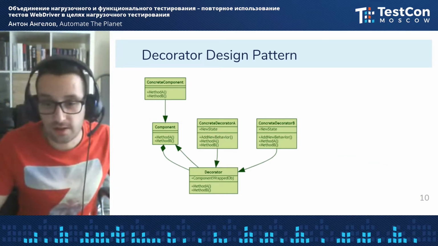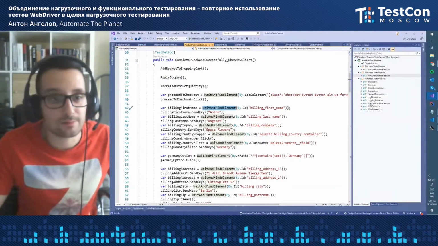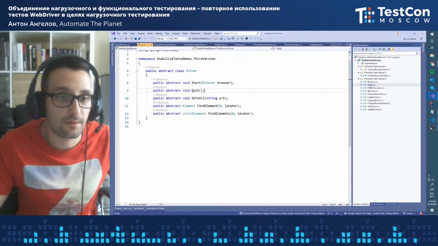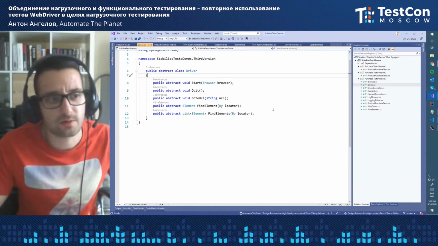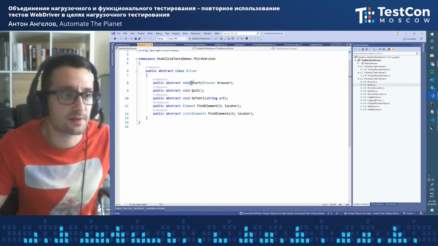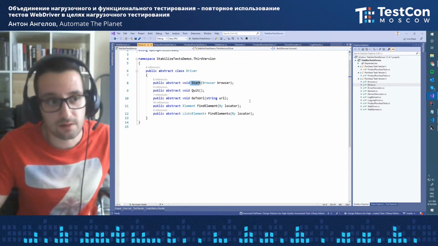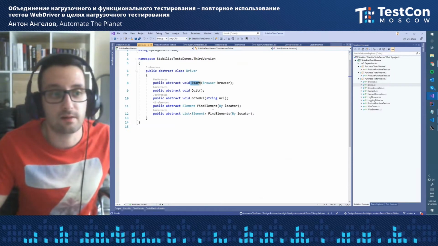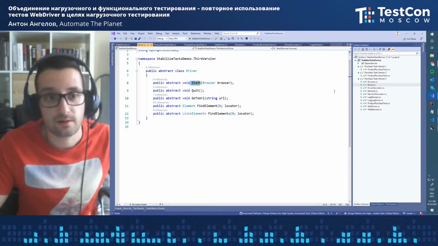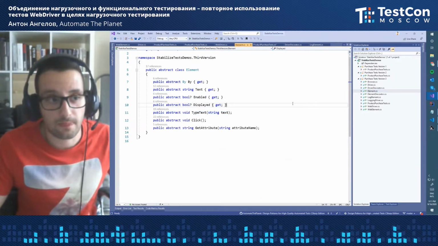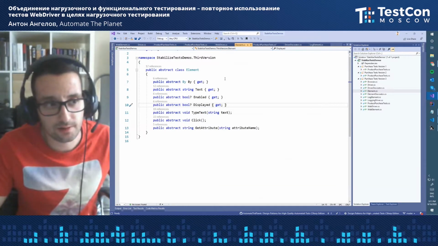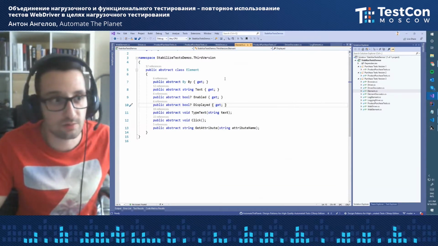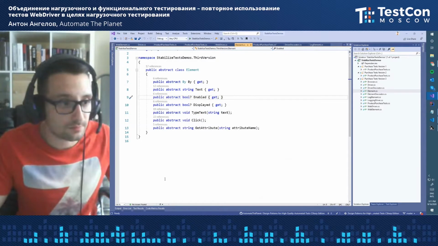So let's check how this looks. Here we have the interface of the component of our driver. I removed some of the methods because we don't need them. We have a start, which will initialize the driver, and we have find element and find elements. That's it. We have the same component class for the element. The new thing here, as I said, we changed a little bit the interface,